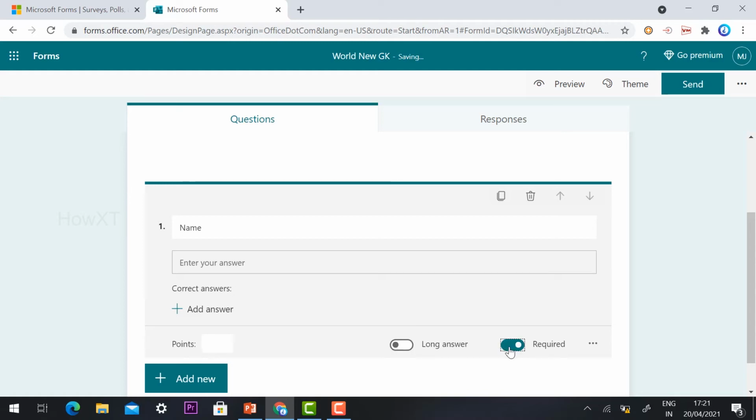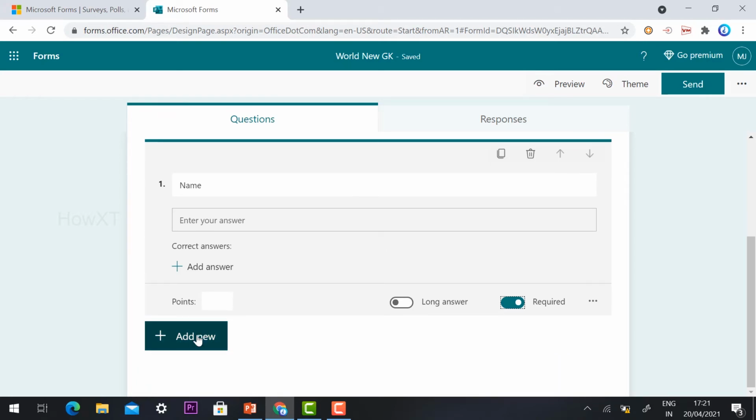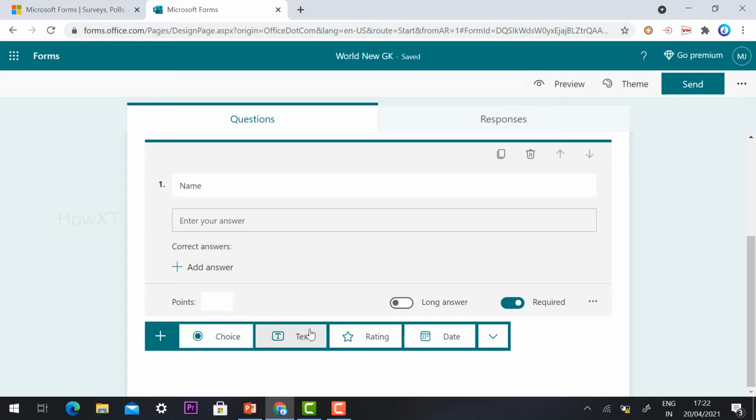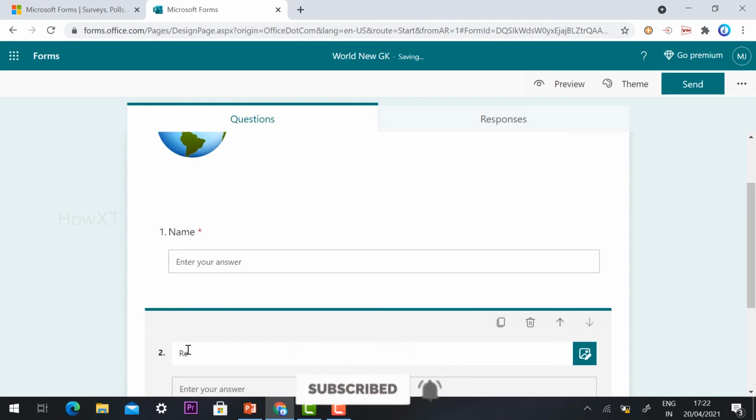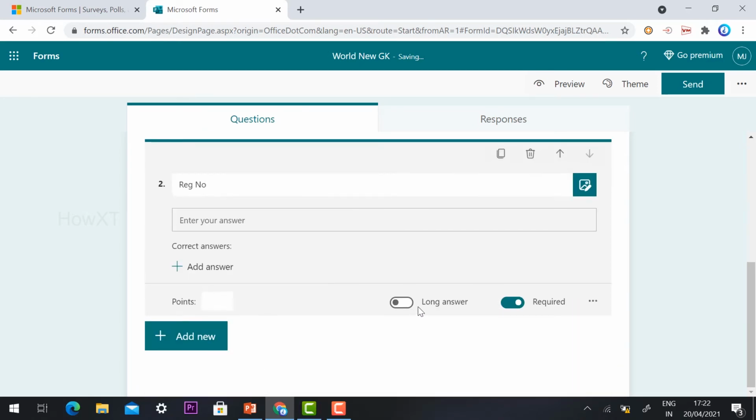For example, this field is required, so you can make it a required field. If you need any other points, you can enter the points according to your needs. If I want to add new questions, I just click add and I can add new text, like the register number. Once I click your registration number, my student's registration number,